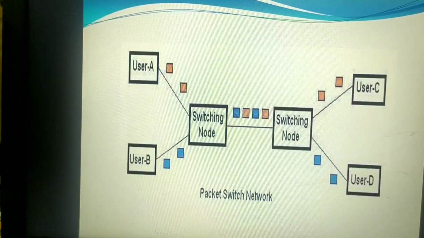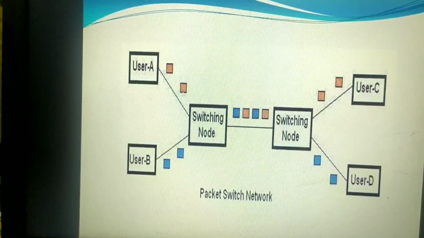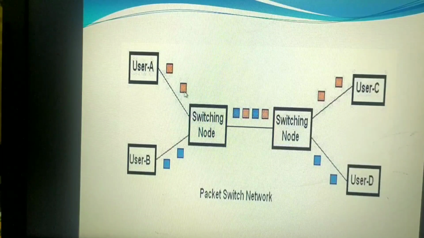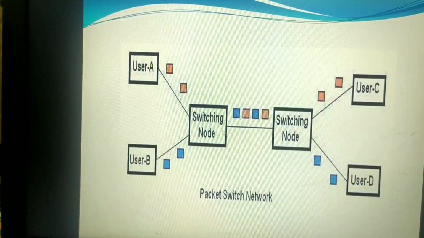Here the message is broken into small parts known as packets, and these packets are of fixed size. If I say 400 KB, each packet is of 200, not 150 here and 250 there, but of the same size. Each packet is tagged with the source and the destination address, and this allows the packets to take a variety of possible paths; there is no fixed path to travel. A sequencing number is added to each packet, so that at the receiving end it is ordered by the sequence number, and the original message is reconstructed before it is handed over to the destination.